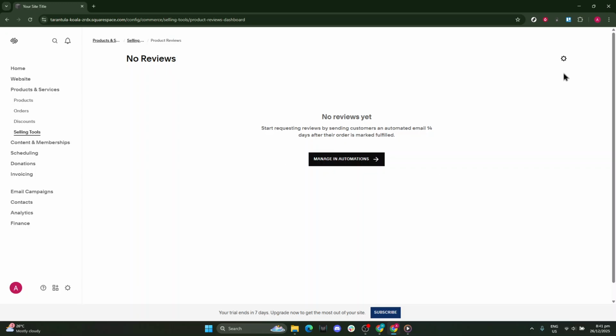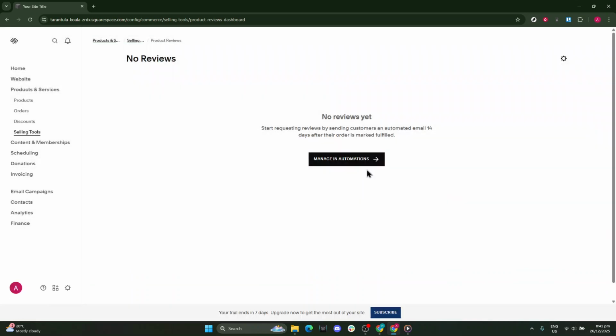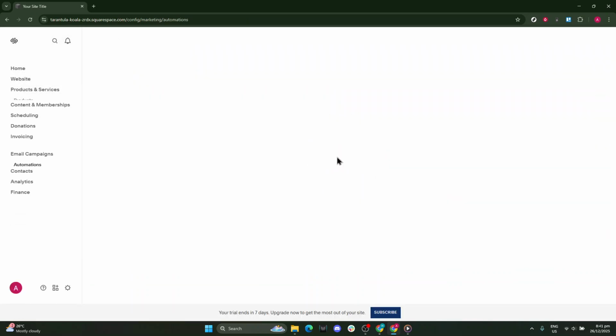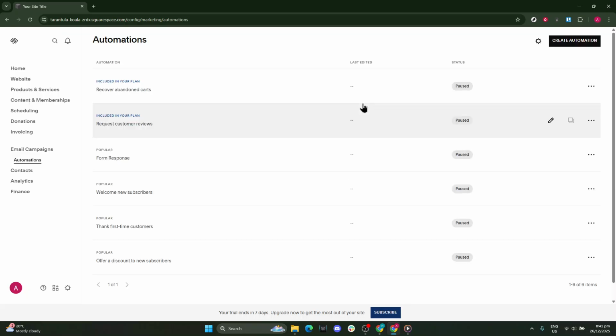Inside Product Reviews, find the control that lets you request reviews and click on Enable the Request Review. Turning this on activates automated prompts that go out to customers after a purchase. These requests are helpful because they nudge satisfied buyers to share their experience while it's still fresh. If your platform offers timing options behind the scenes, remember that sending requests a few days after delivery usually yields